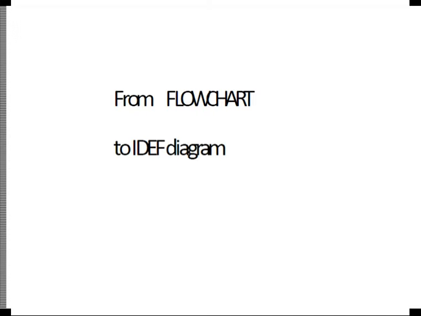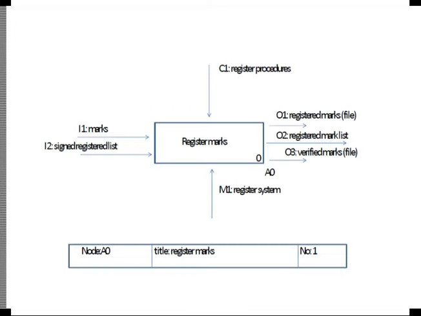From flowchart to diagram. I would like to see your work now for a few minutes. I'll give you the bigger one. That is what I give you now. So it's about registering marks. From the flowchart, we know that it basically consists of two activities: the actual registering and the verifying